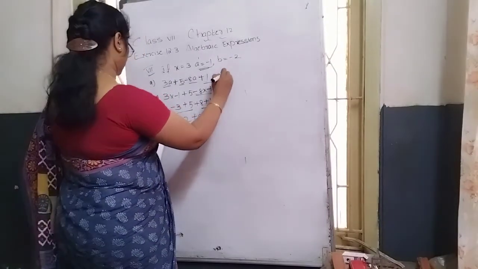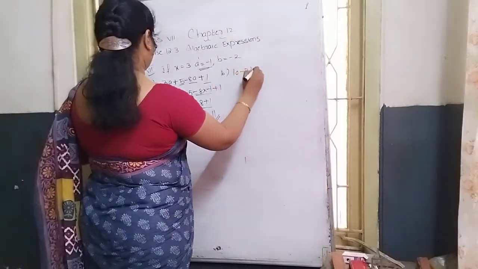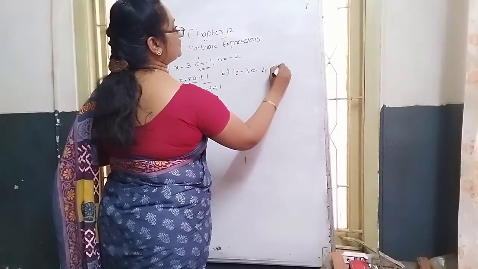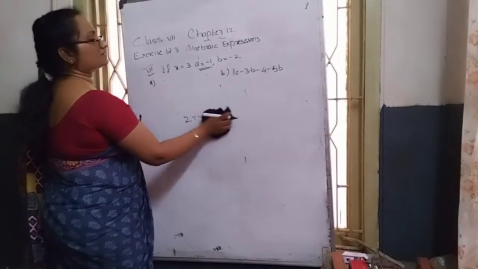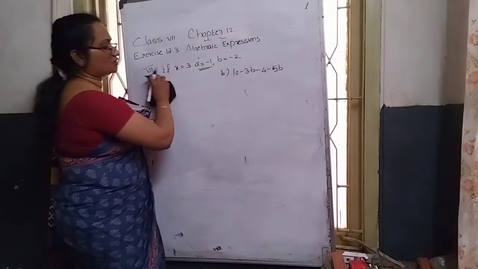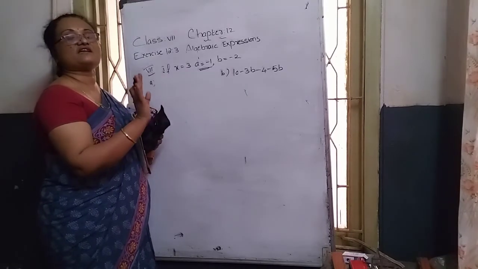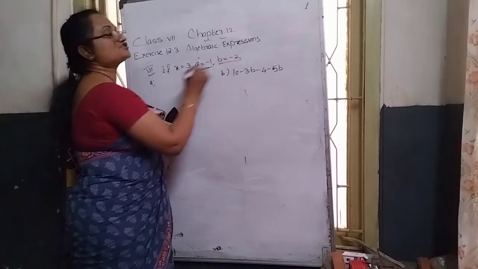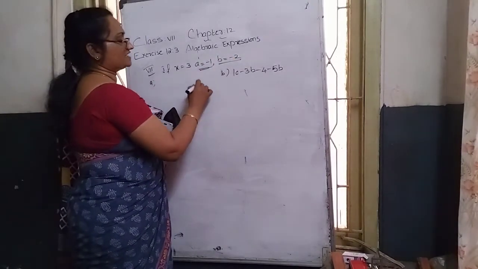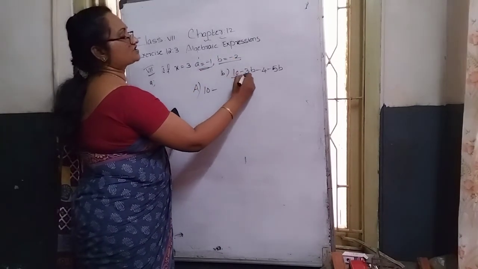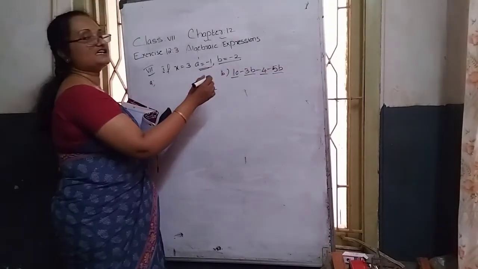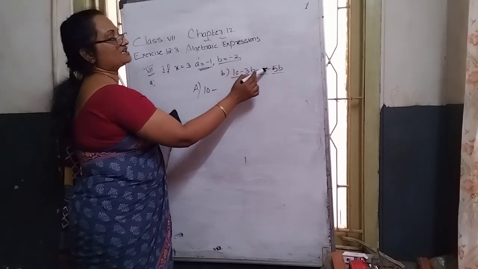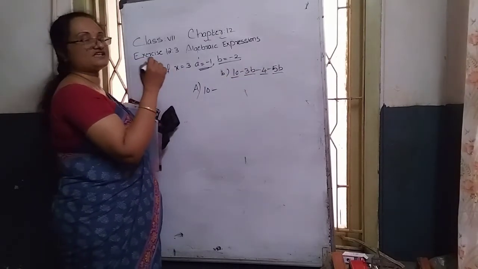One more question, B question. 10 minus 3b minus 4 minus 5b. In this way, the fifth B question is given. But in this expression only the b variable is given; a variable and x variable are not there. So instead of that, in place of b, substitute the b value minus 2. So 10 minus... here how many terms? First term, second term, third term, fourth term. See, they are separated with minus: 10, after minus 3b, after minus 4, after minus. They are separated with a minus.